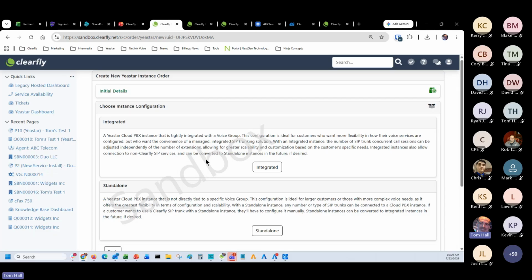You've got two options. One is integrated and one is standalone. So if you're doing integrated, it is going to create the voice group automatically. Standalone, it will only create the Yeastar instance. Why would you do that? If you have an existing customer that already has a voice group that you want to just swing over, that